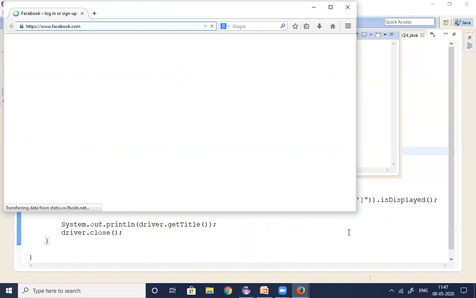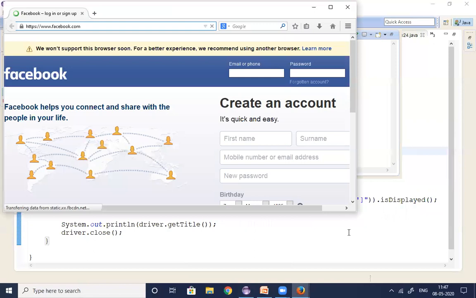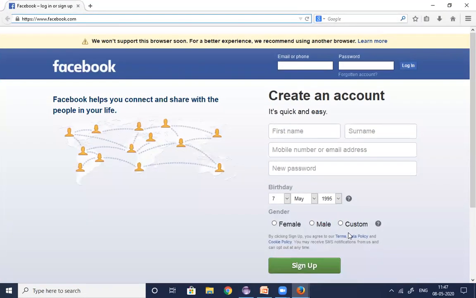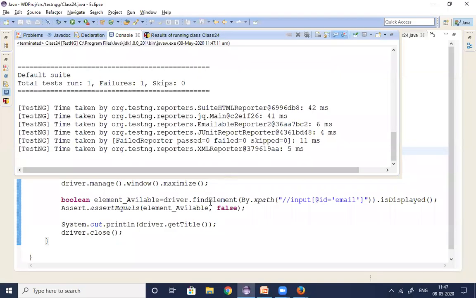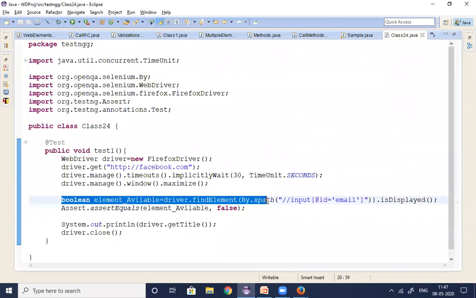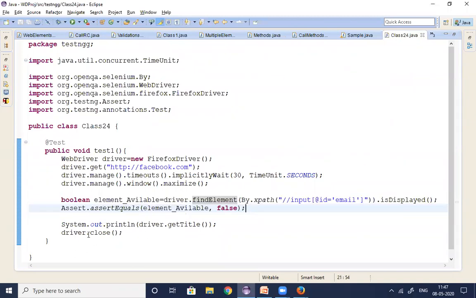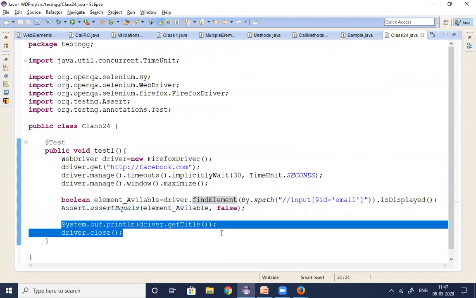This concept we call a hard assertion. What is a hard assertion? If the validation is satisfied, then only it continues the execution. If the validation is not satisfied, if the condition fails, then it will not execute the next line. It will stop the execution, guys. So it is not closing the application, because this condition failed. When the condition fails, it will not execute the next lines of the code. This we call a hard assertion.